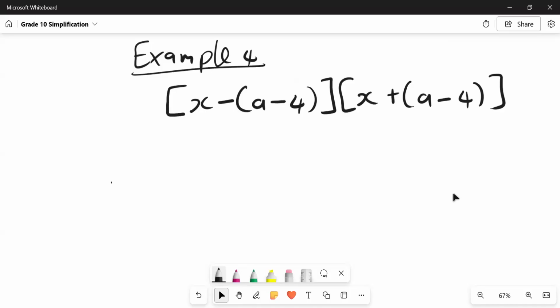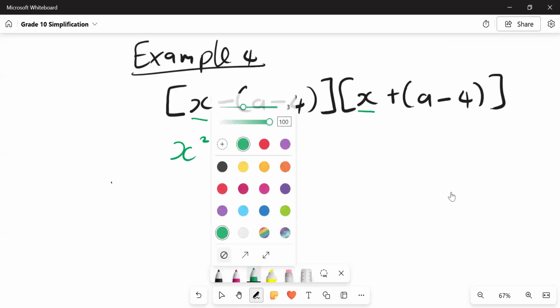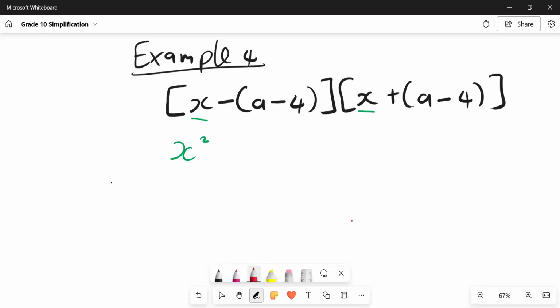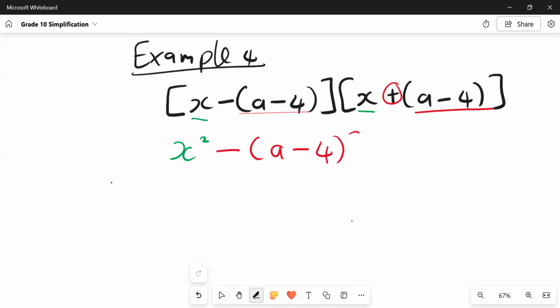Okay, my learners, the minute is over, right? So now I want us to simplify this one. You multiply the first two terms here. X and x will give us x squared. Perfect. And then you multiply the last two terms. You have your a minus 4, a minus 4, different signs, right? So you'll have your minus a minus 4 squared, right? But we don't stop here because this is not simplified. So you'll have your x squared minus,